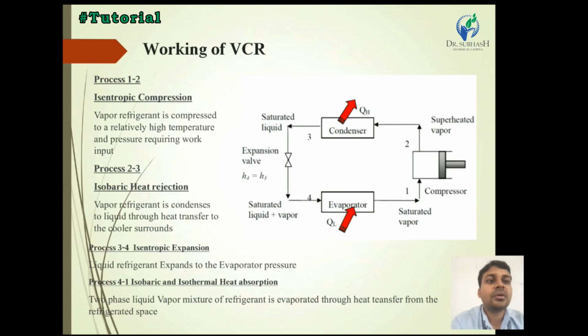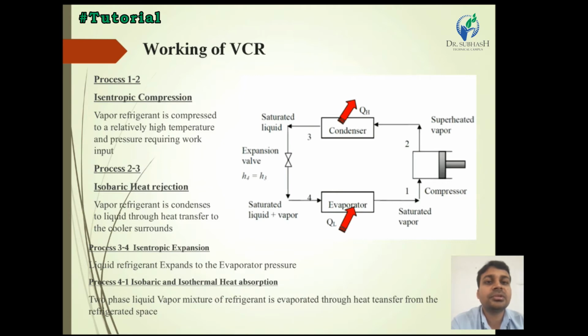The gas coming out from the compressor is at high temperature and pressure. It enters the condenser, where we forcefully cool it down with a fan, with the refrigerant at constant temperature. The phase change occurs from gas refrigerant to liquid refrigerant at a constant pressure. Then the saturated liquid refrigerant passes through an expansion valve.